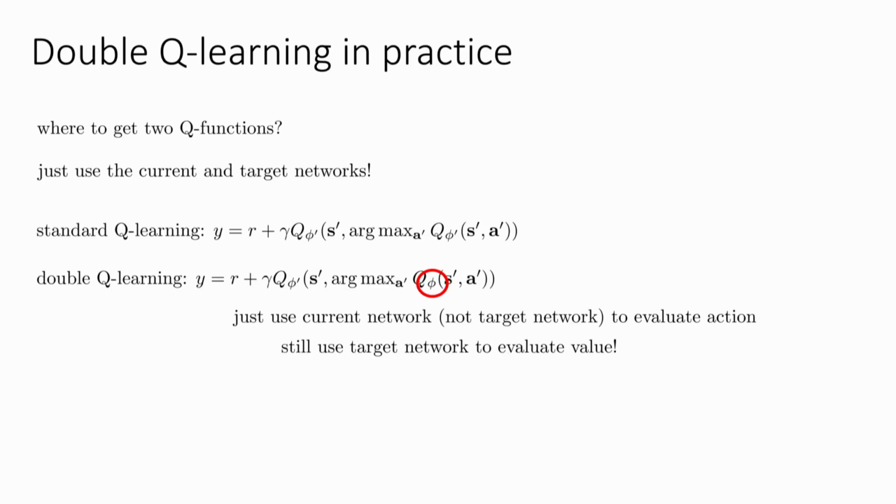OK. Does anybody have any questions about double Q-learning? Yes? Since the goal of Q-learning is to find a good policy, why do you care so much about the value? The question is, since the goal of this whole thing was to find a good policy, why do you actually care about the numerical magnitude of the value? The answer is we don't actually care about it. But in practice, when the values are incorrect, you tend to get a slightly worse policy. The policy can still be decent, but making this change does make the policy better.